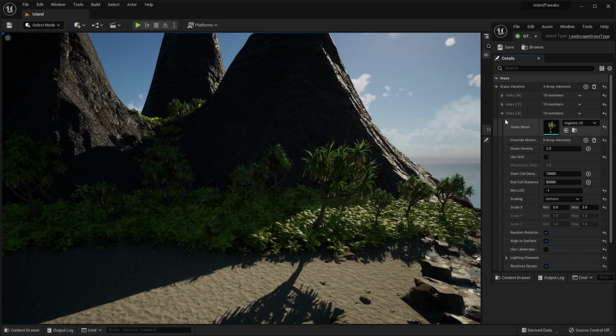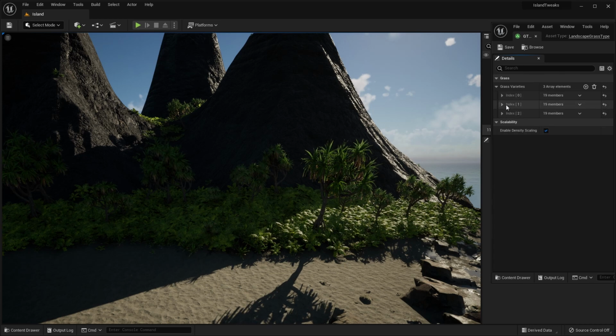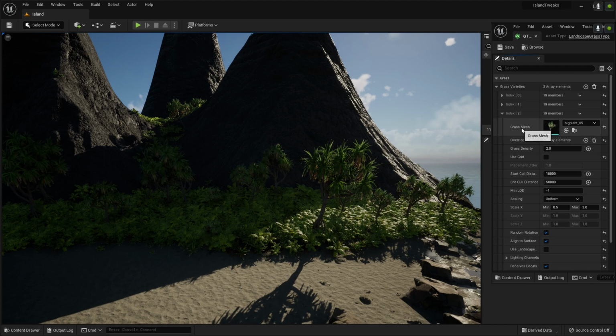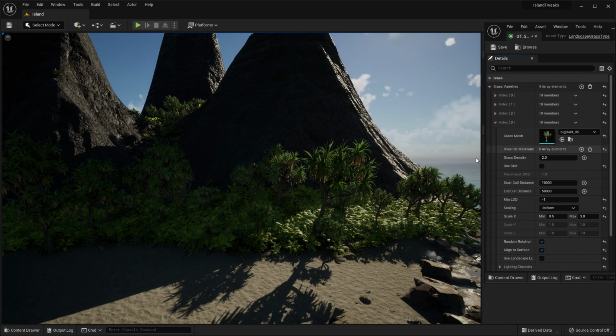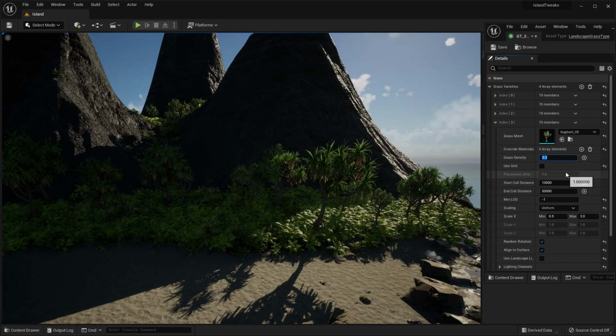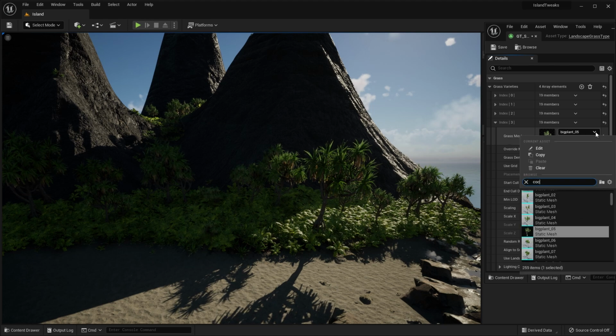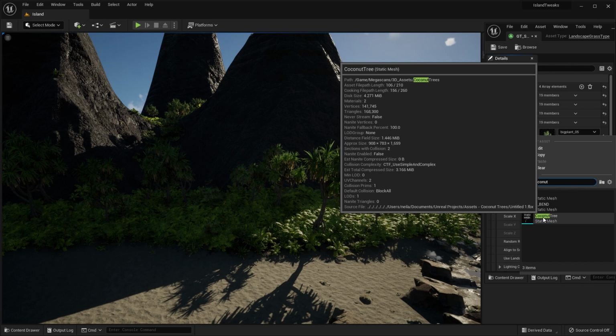And what we'll do is, so we've got a couple of grasses and this pandanus tree at the moment. What I'll do is I'll duplicate this index 2, the big plant. So duplicate that, then open up index 3. Now I'm going to make the grass density much less, because as I said, these are quite detailed polygons, so we don't want to overwhelm the graphics card. So let's make the grass density 0.3, and let's now change this mesh to coconut tree. So select the coconut tree here,